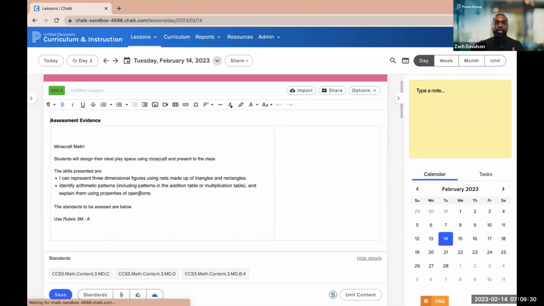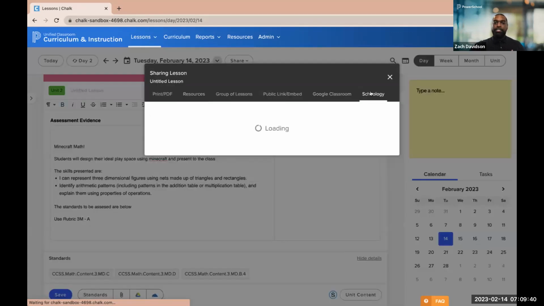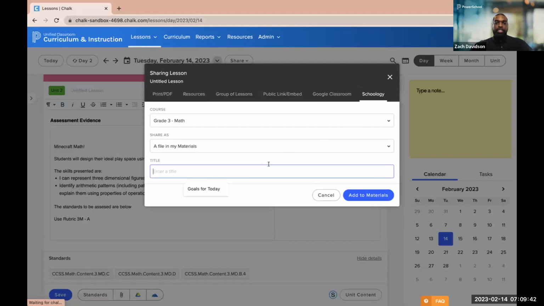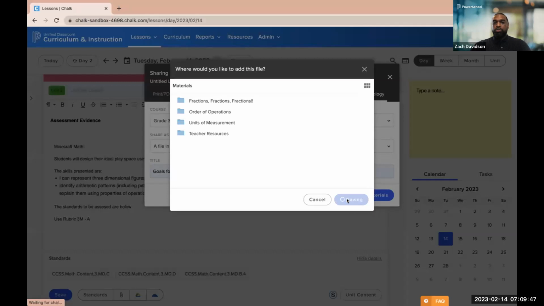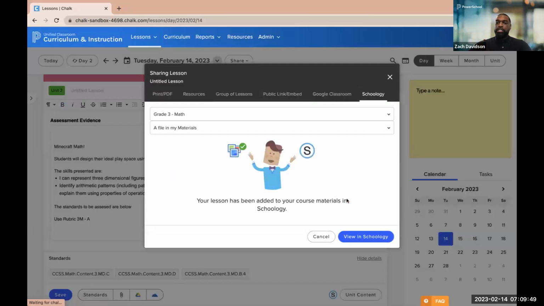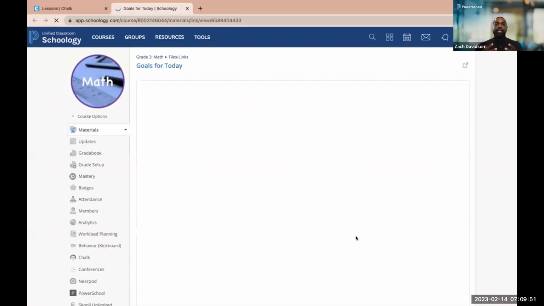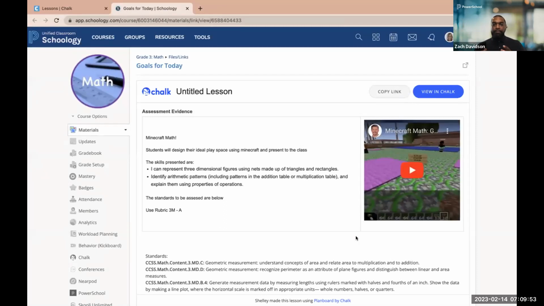Now, once we do so, we can supplement this with any sort of additional work or videos and things like that that we want to incorporate. But the beauty here is that we take that lesson plan on a day-to-day basis, and then we have the opportunity to actually incorporate that into the Schoology course where the teaching and learning is actually happening. So now that we've planned our day, we've taken that lesson plan that we've built in UC-CNI and placed it here within our Schoology course, as you can see.